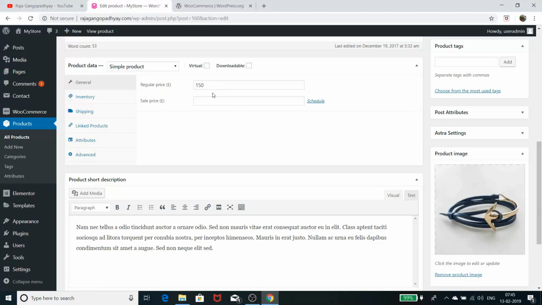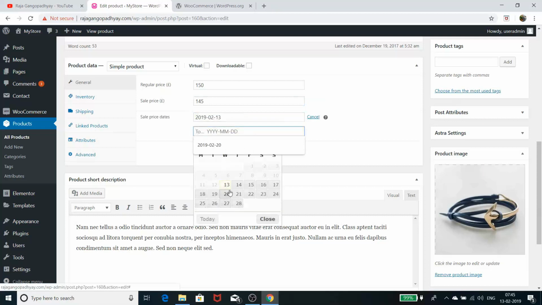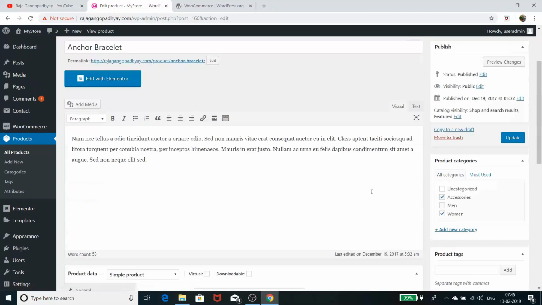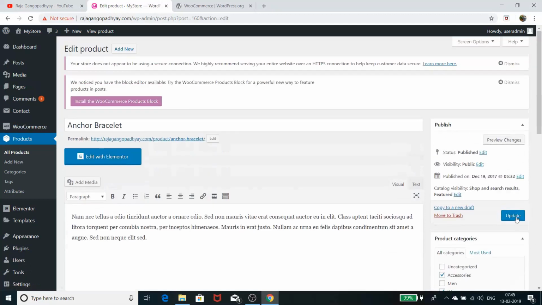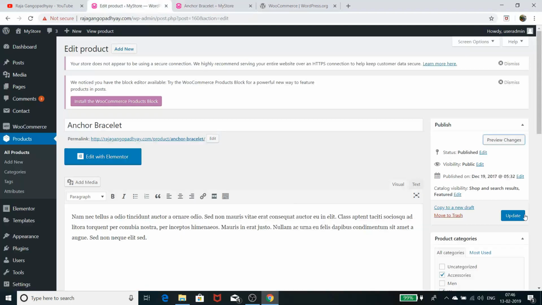But if you want to put it on sale, you can have your sale price decided here, and you can schedule it also. Like if I want to sell it for 145 pound, I can schedule the sale from today to say 1 week. I can do that, and if I see the product now, without update, it will look like this. And if I update this product,